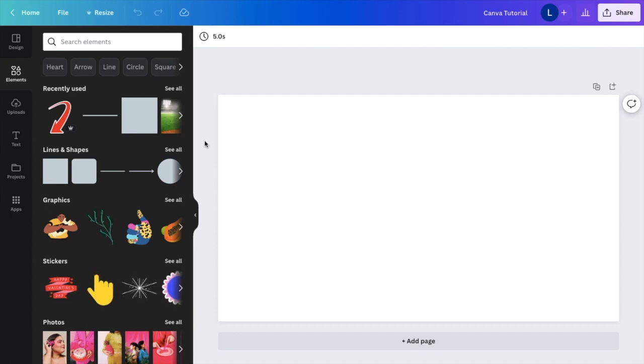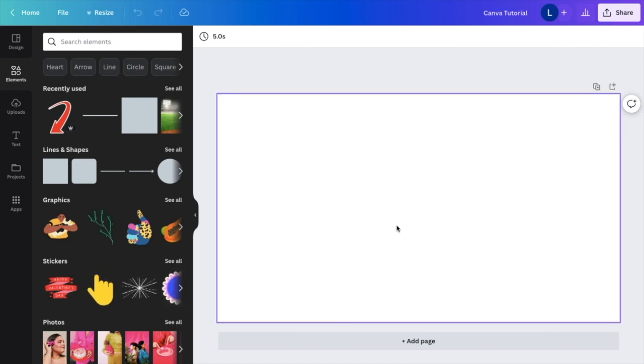So in this Canva tutorial video, I'm going to be showing you guys how to change the color of the background, or change the background color of a design here in Canva. So it's super simple. I'll show you guys a couple different ways on how you can do this if you're interested. But just starting off with the most basic way, I just have a blank background right here, a blank